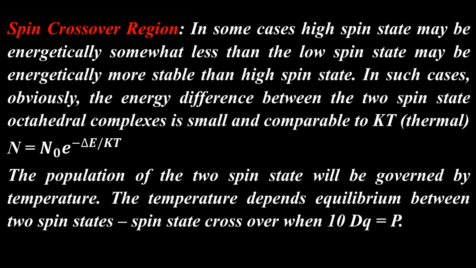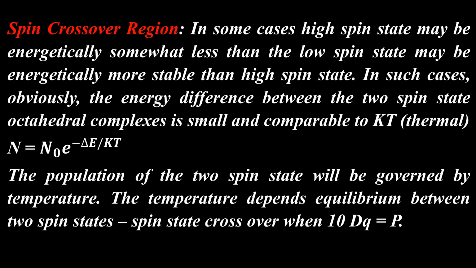The spin crossover region is a very important question in the CFT chapter and is defined as follows. In some cases, the high spin state may be energetically somewhat less stable than the low spin state, or the low spin state may be energetically more stable than the high spin state. In such cases, obviously, the energy difference between two spin states of the octahedral complex is small and comparable to kT, that is thermal energy. According to Boltzmann distribution law, N is equal to N0 e to the power minus E by kT,